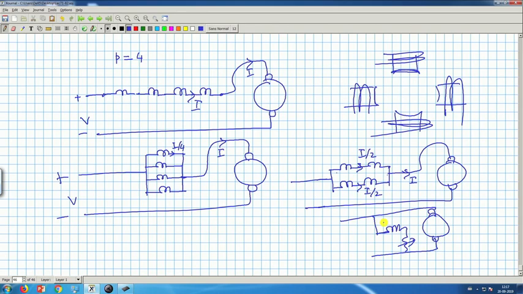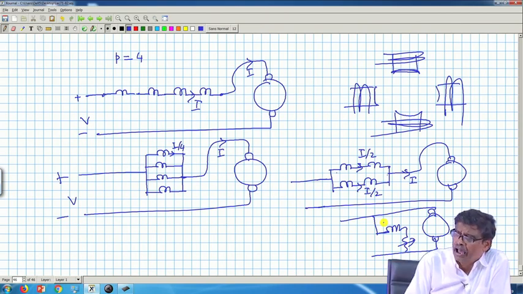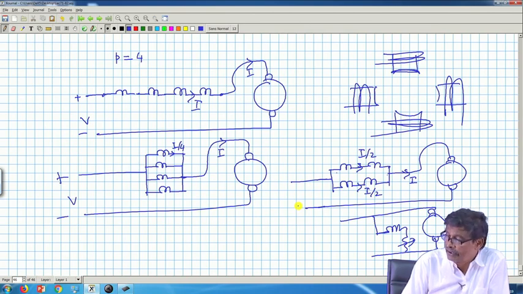Anyway, if you do not like to neglect the resistance, all the resistances are there, RA, RAC, then I will write very faithfully the back EMF and the torque equation, and also let us not assume whether the load torque remains constant or not. I will write down the torque equation, balancing the load torque, and the back EMF equations, take their ratios, and you will be able to solve the problem. Understood this point?